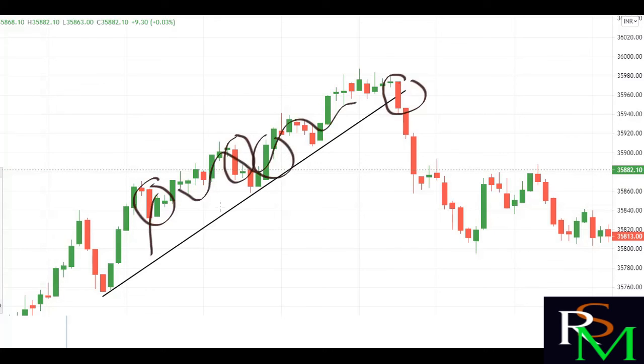But the breakdown, this trend line is broken with what? A red color, maximum body, very less wick. This is actually a decision making candle, a bearish Marubozu candle. We can understand, okay, the market is going to change the trend. Yes, it happened. You see, the market was going upside, now started downside movement. Like this the market will go. I think you got the point. Take the rough sketch also.